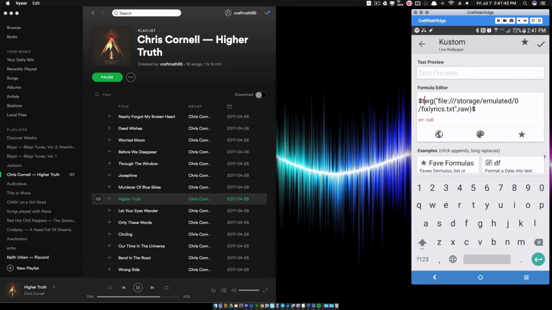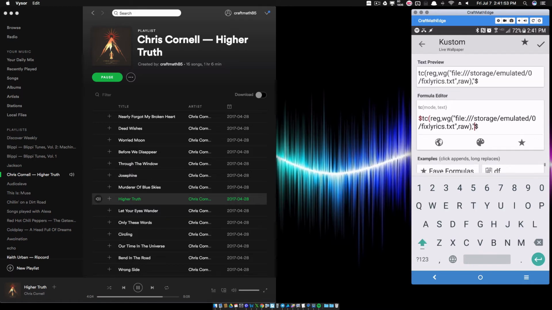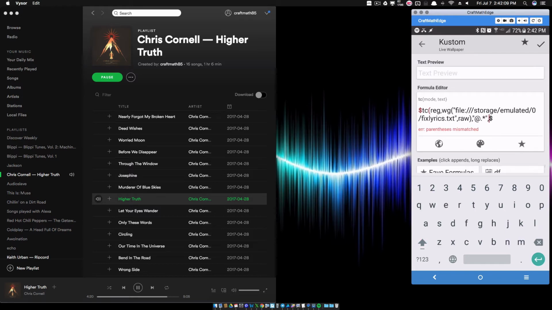So here's what we're going to do. We're going to do TC, reg, comma, I'm going to do some regex on that raw file you just saw. So after that parentheses, I'm going to put a comma, and I want to search for the @ symbol. And then when we put dot star, you can think of it as dot asterisk. When I do that after this @ symbol, it's going to search for @ and it's going to search for everything that occurs after that @ symbol. Let me close that up. What do I want to replace it with? Absolutely nothing. I've mentioned that in a bunch of my regex videos, where I just do double quotations to replace with nothing, and let's close it up.